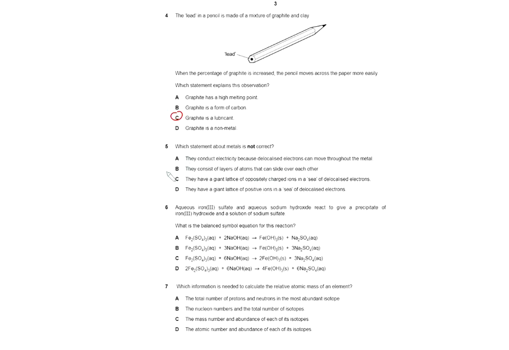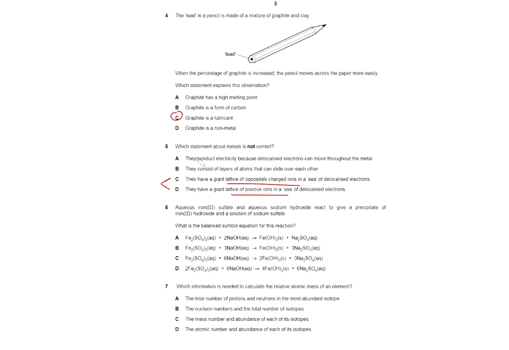So we can see just by reading the answers, it's probably either C or D because the statements are more or less the same. The only difference here is that it says a lattice of oppositely charged ions in a sea of delocalized electrons, whereas here it says giant lattice of positively charged ions. The other two